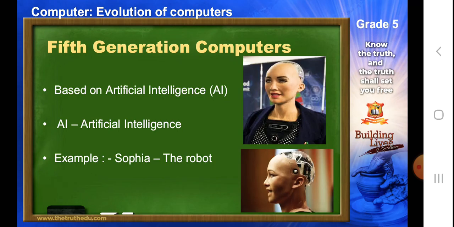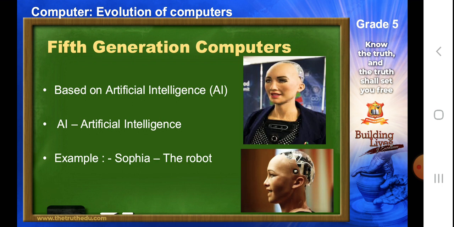Next we spoke about was the fifth generation computer. In fifth generation computer, I specifically spoke about artificial intelligence, which is AI. What is artificial intelligence? If you remember, I was talking about how the expressions and the body language of humans are being studied, and the programs are created to feed inside the computer so that it can also respond to emotions. Now, if you are in your computer lab and if you look at your computer and just smile to it, you can't expect a reply from a computer saying, "Why are you smiling?"